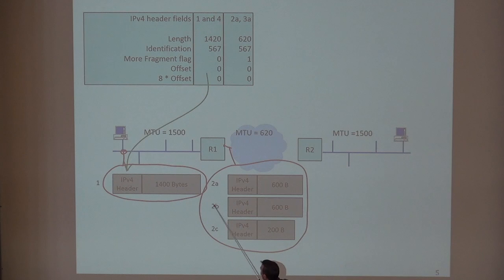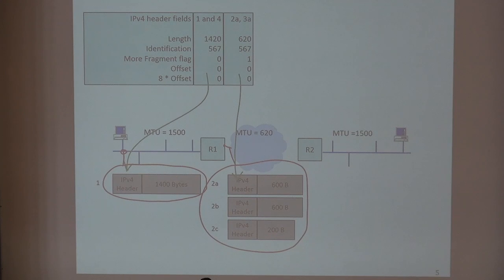And there is a more fragment bit that says whether there is more, which means whether it is not the last. So here there is more, so the more bit is put to 1. Those are the fields we will see in this one. This original packet had no fragmentation, so it's visible by the fact that the more bit is 0, there's no more, and the offset is 0 also.